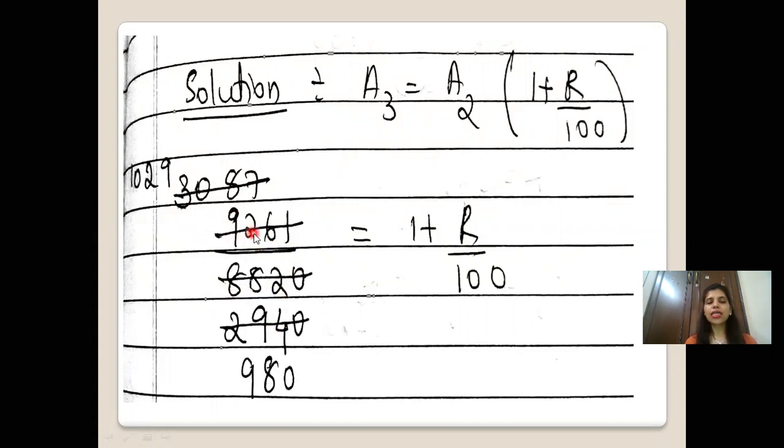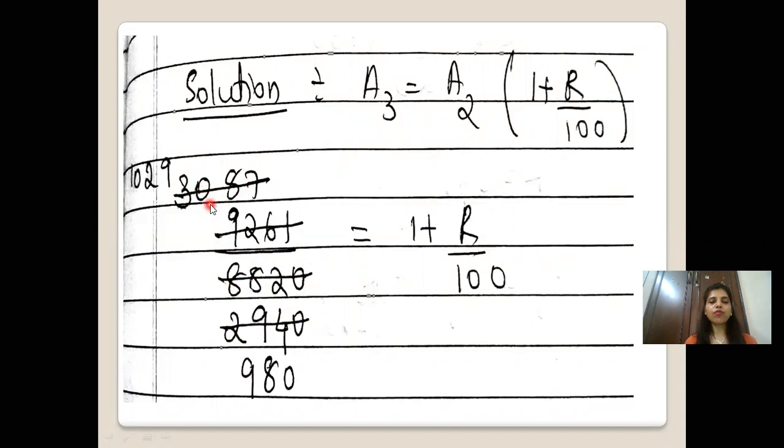3 3s are 9, 0, 3, because 2 cannot be divided. So you have to take these two digits together. So you put 0. Don't forget to write 0, otherwise your entire sum will go wrong. Then 3 8s are 24, 2 carry over, 3 7s are 21. 3 2s are 6, 2 carry over, 3 9s are 27, 1 carry over, 3 4s are 12, 0.